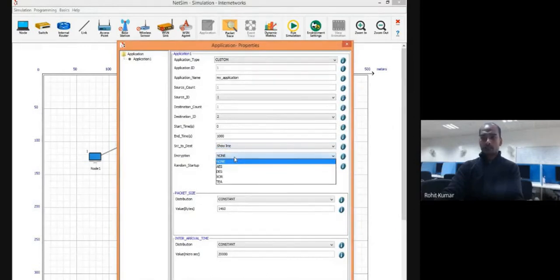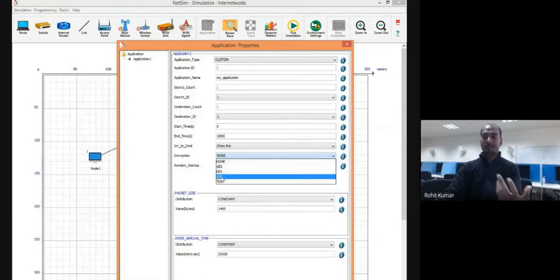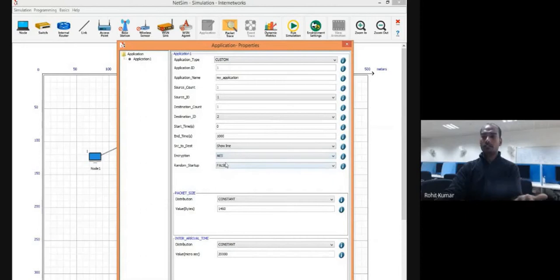Then encryption. If you want some encryption, okay, add these. But again, it depends on whether your device is capable enough. Here we have taken the Ethernet device. It is a wired device. If it is a wired device, it means continuous power is supposed to be here. It is linked with regular power supply. So there is no tension with respect to any encryption. Any strong encryption you want to take, you can take it. So if we choose AES, it will encrypt the data. But I am trying to deploy the first application in its very simple form, so I am choosing none.